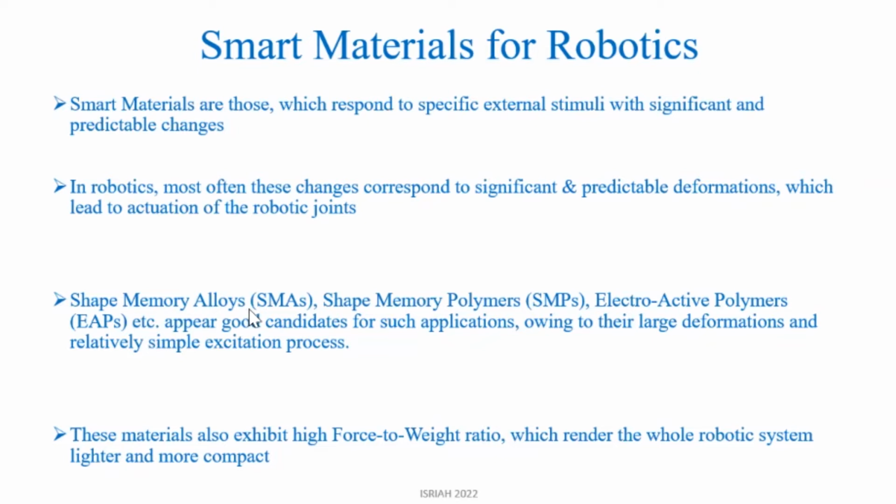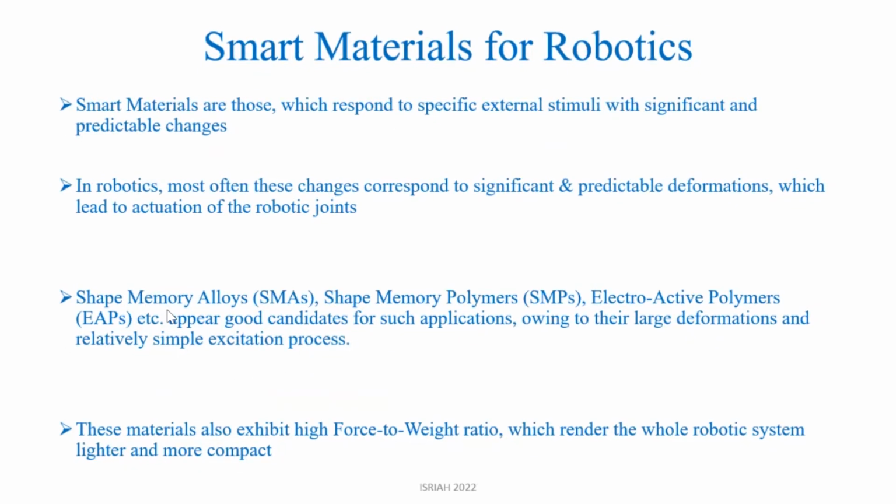So these are the very smart materials that appear to be good candidates for the application of robots involving smart materials, especially owing to their large deformation and relatively simple excitation process. I was telling that shape memory alloys and shape memory polymers are very smart materials which appear to be good options for the applications I have mentioned, owing to their large deformations and relatively simple excitation process, because these can be simply excited just by applying a voltage or maybe using light or heat,